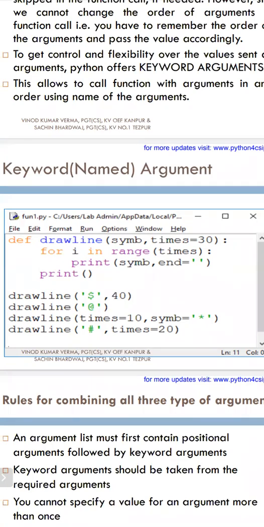So for 4 we named it R, for 5 it is named N, and 10,000 is named P. Can you recall it? Yes, sir, last session was the named argument. So what is the rule for named argument?